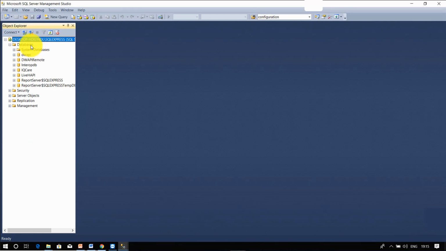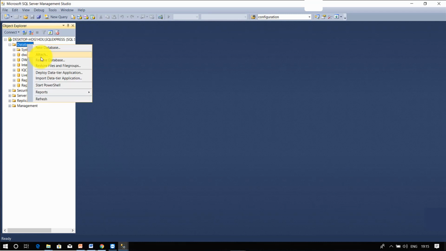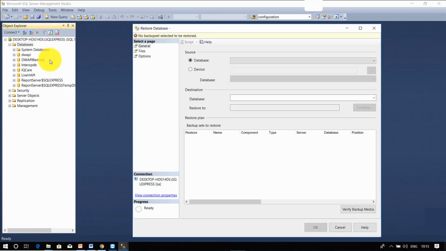To restore the database, highlight Databases, right click and click Restore Database. Select the device and access our IQ Tools database.